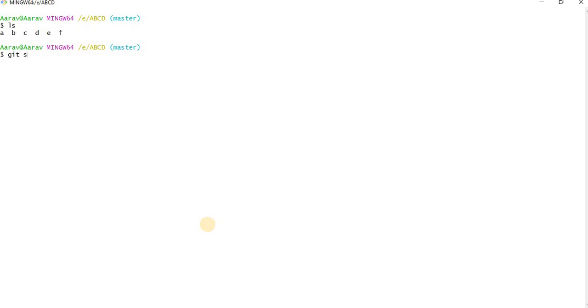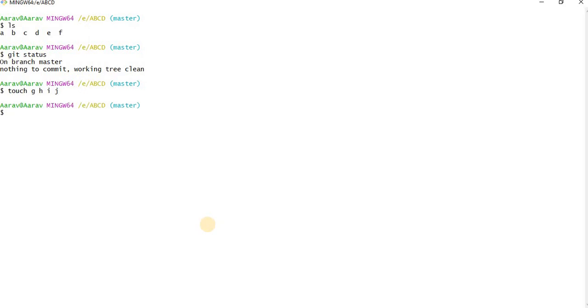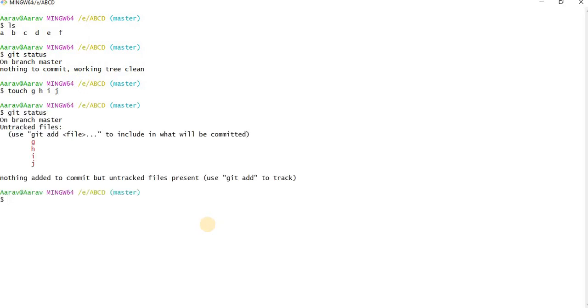Let's see git status. So nothing, the working tree is clean. Now let me create 4 more files: touch g h i j. Just give git status.